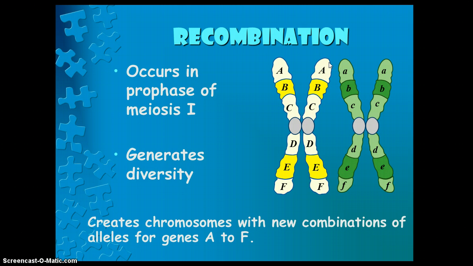So here we have an individual right now. If we took your chromosomes, we would have one of each chromosome. One would be from mom and one would be from dad. Okay, so let's say the yellow is from mom and the green is from dad. Well, during S phase, we know that this duplicates, so we get two exact copies, all right? So what happens in prophase 1 of meiosis when we're creating sex cells is